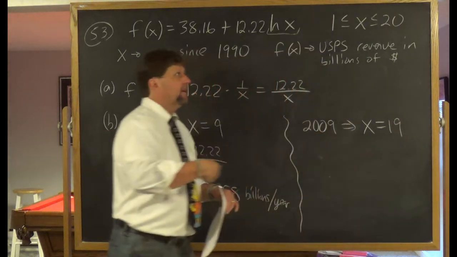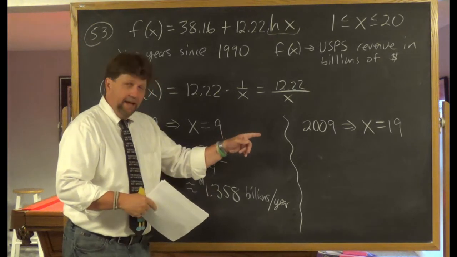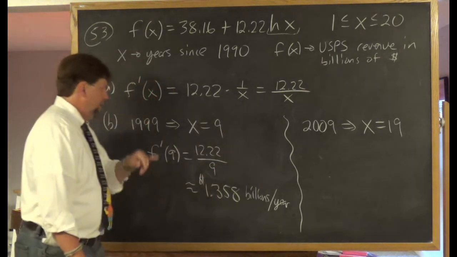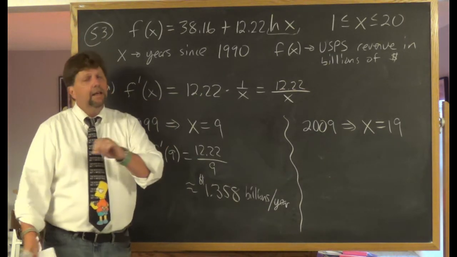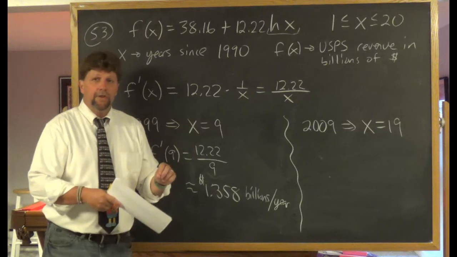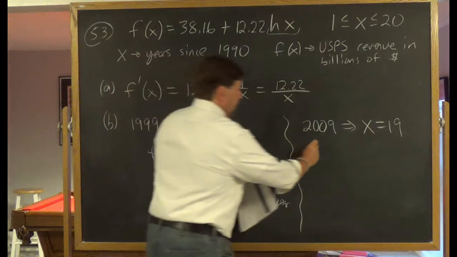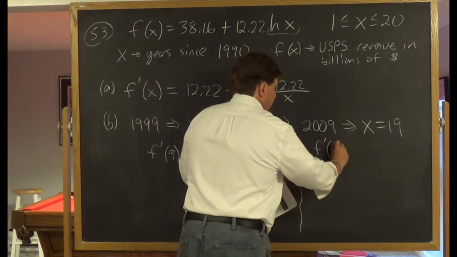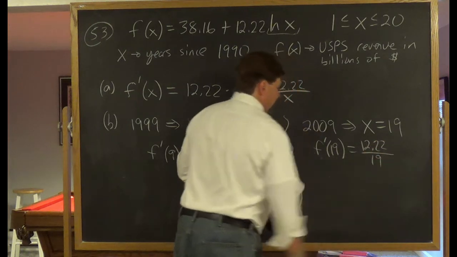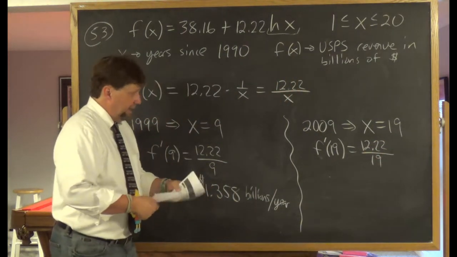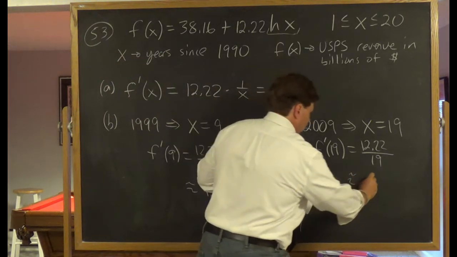2009 is 19 years since 1990. So now we have to take that 19, and we toss it into the derivative. We need to evaluate the derivative at 19 to tell us how fast the revenue for the USPS was changing in 2009. So we go ahead and evaluate the derivative at 19. So we take 12.22 divided by 19. And when I do that, crank that through my calculator, I get something pretty close to